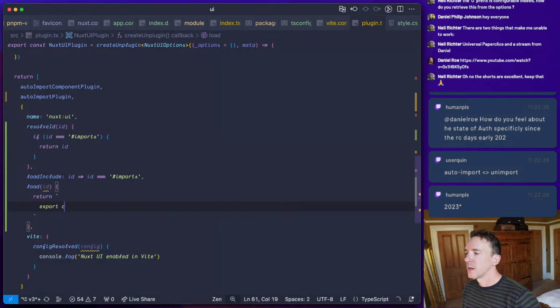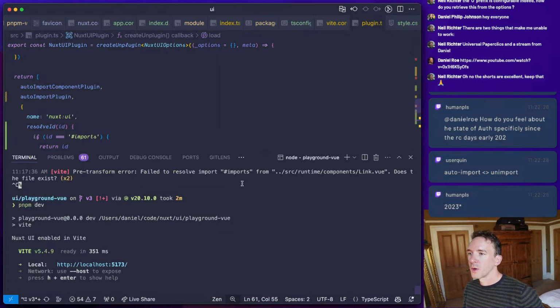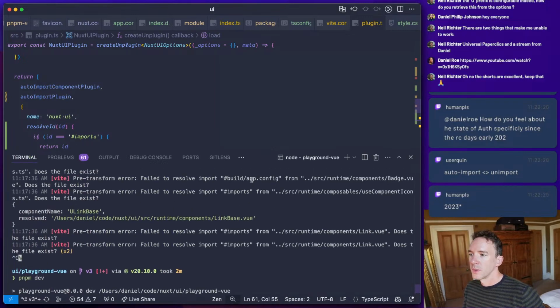Okay, export const use router from vue router. And what else do we want?